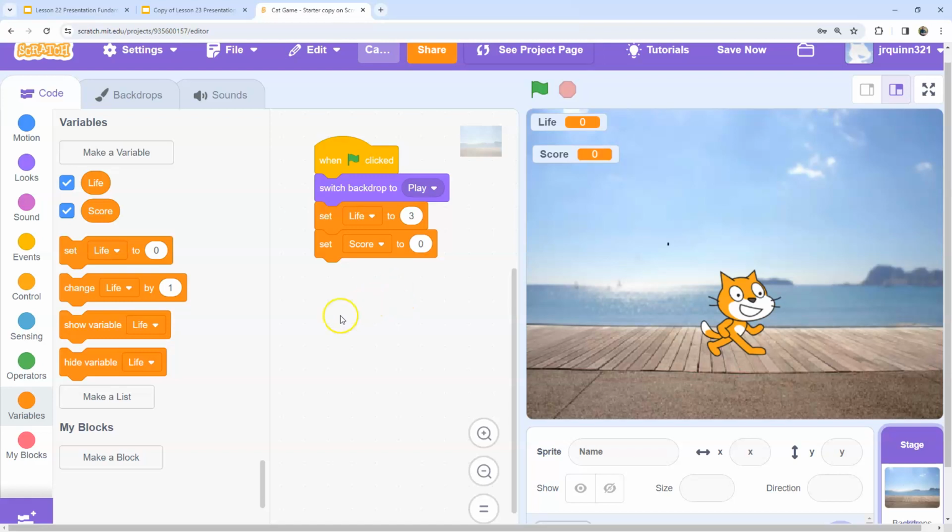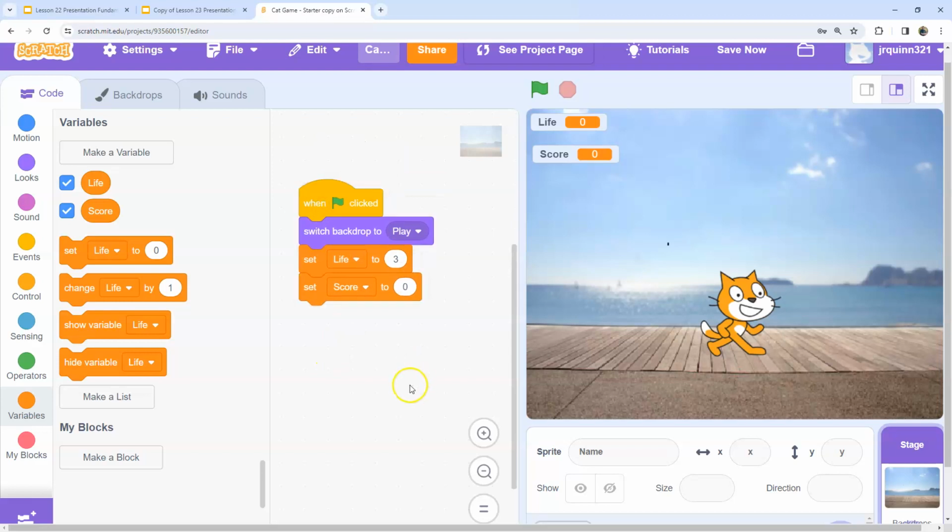We're going to come back to this then to program the control that's going to constantly monitor: is your score greater than 5? And at all times it's going to be asking 2 questions. Is your life down to 0? Or is your score greater than 5? Because if either one of those is true, the game's over and we want to switch to the appropriate background. So we'll come back to that, but just to get the game going, we need to use these blocks to